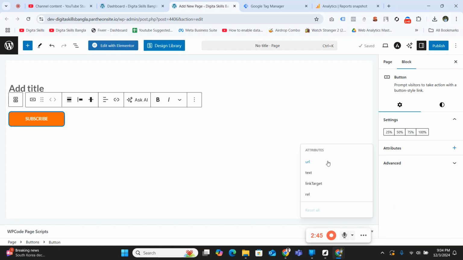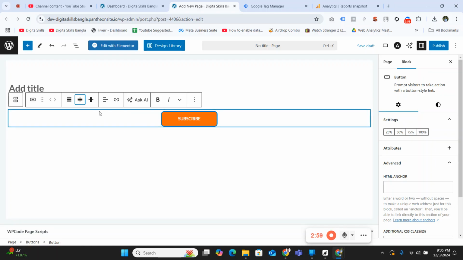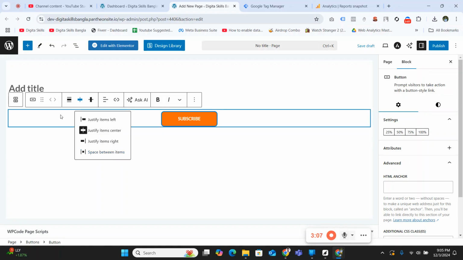and you can click on Attributes. These are the attributes you can track, and you can use anchor text or something. Okay, just click on this button. You can see that these will justify to left and then right and then center, and space between items if you have two items,